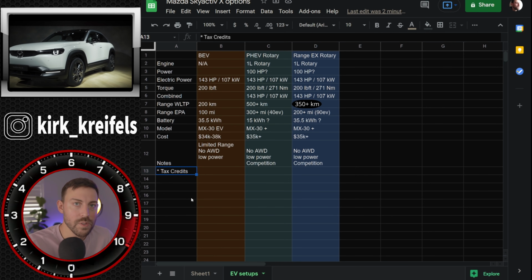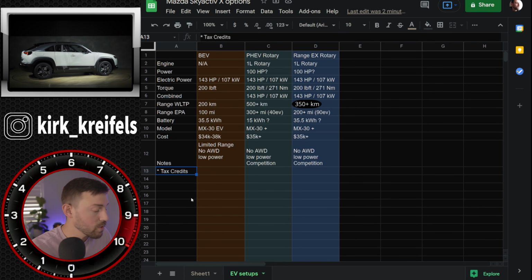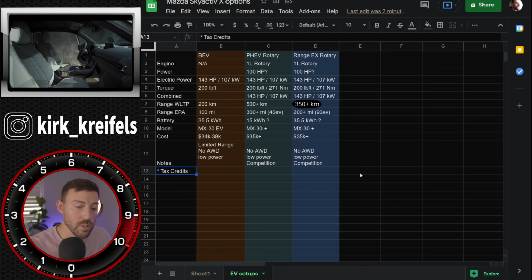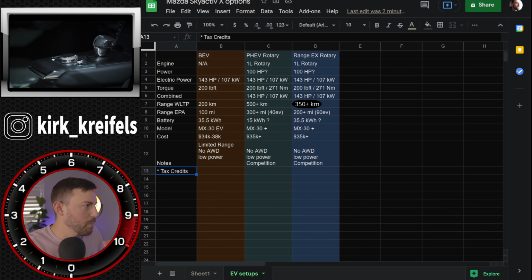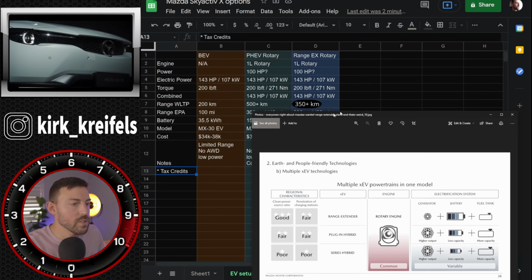What needs to come as soon as possible for this Mazda is the rotary engine, either as a range extender or a plug-in hybrid electric vehicle. There's also talks of them putting a very small battery in there and just, well, it's not talks, Mazda's shown it. So let me pull it up real quick. Mazda is going to be making a series hybrid as well with this